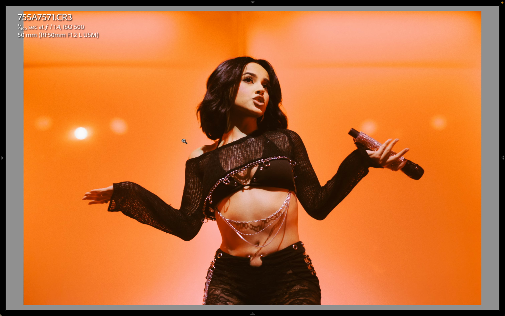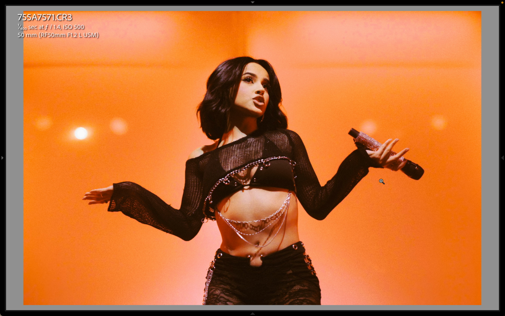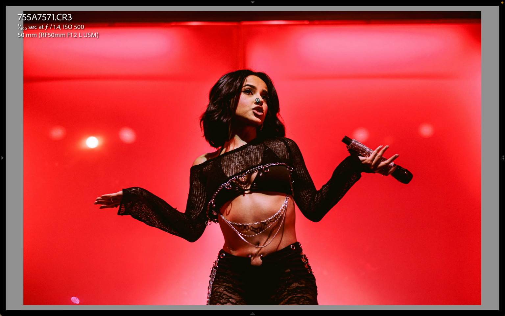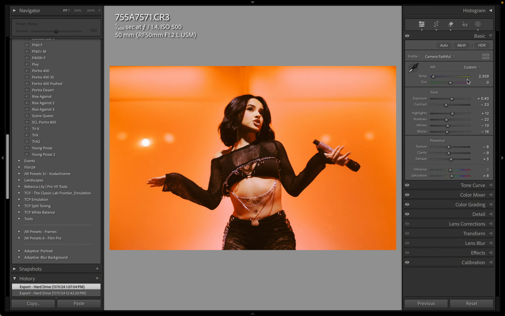Here's a good one that I had to go a lot softer than earlier edits, so I'll copy and paste like this one to this one. If we copy and paste the settings, you'll see how much sharper and how much harsher the light was. I think the spotlight was turned up for this part of the set, so it's really gritty, hard on our skin tones. So I went with the softer golden color, even though my white balance is on the very, very cool side. The default was orange.